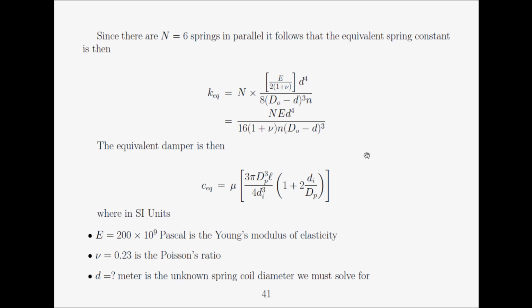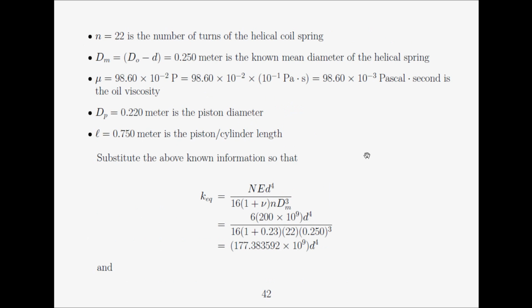So over here in the bullet points, I give you the information that is supplied, and I put it in standard notation in SI units. So effectively, you can take the standard data or information and put it into the formula without worrying about any conversion factors. As I state in the solution, substitute the known information into the equation, and this will result in another equation with certain unknowns, as we see over there. So K equivalent is now a function of the unknown diameter,